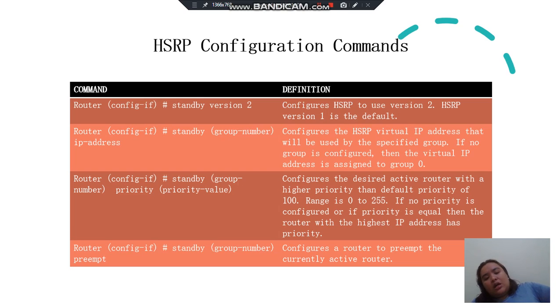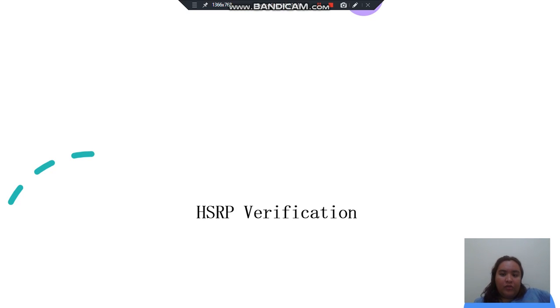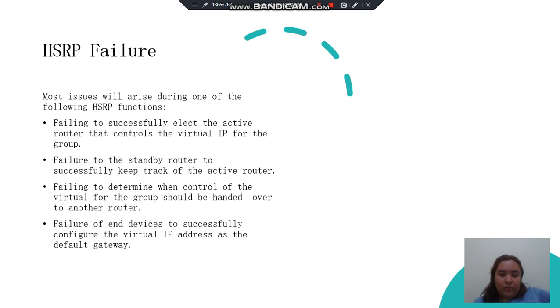So these are the HSRP configuration commands. You can see them in the definition. This is an HSRP sample configuration, verification, and HSRP failure, failing to successfully elect